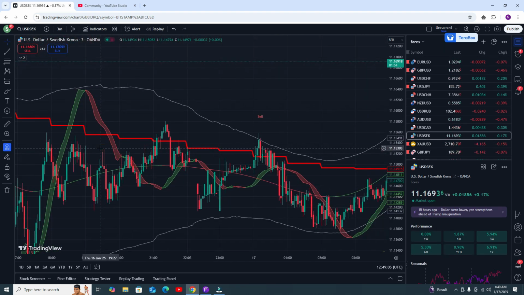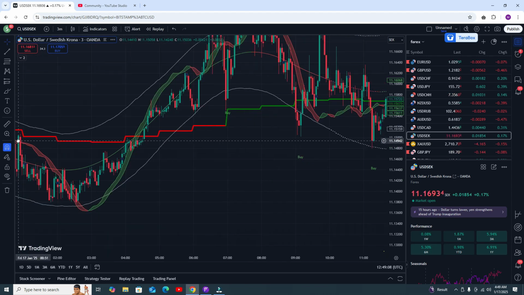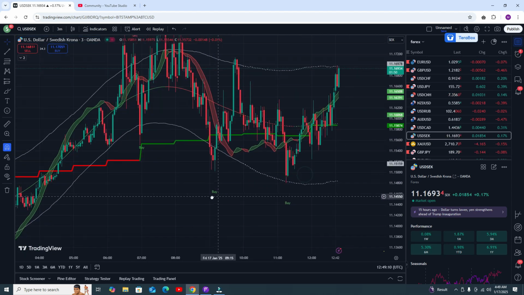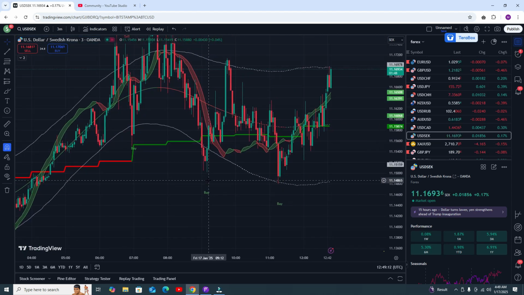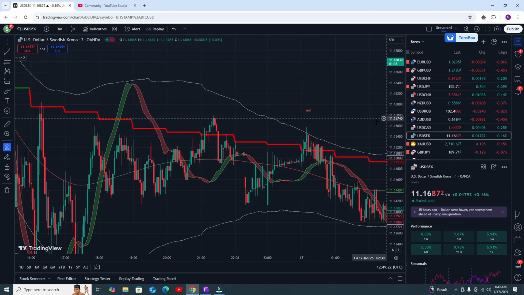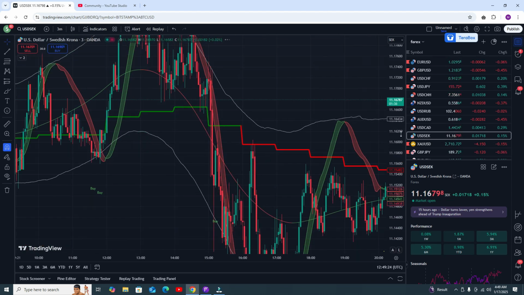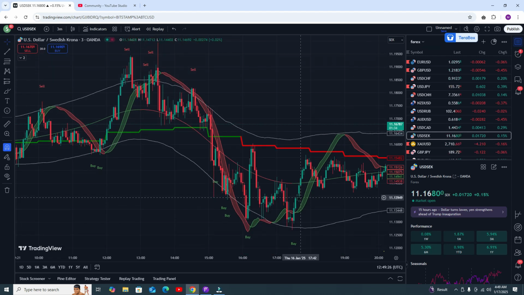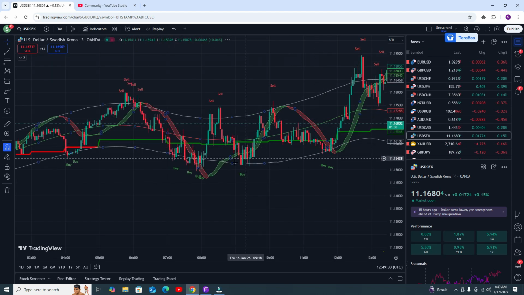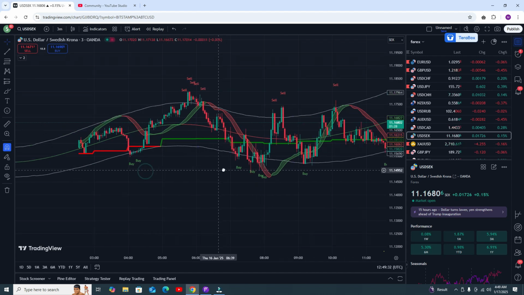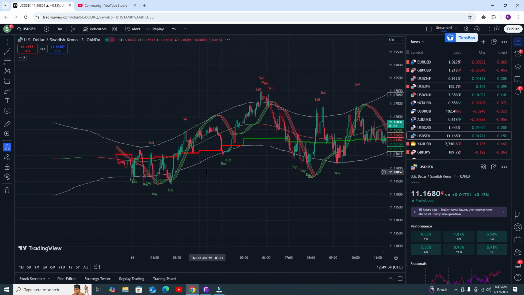Here you can see, watch out. Now this was our entry point and you can see your take profit is done here. If you watch the previous results, then you need to watch the confirmed signals, like this is our type of trade. This is our type of trade, and you can see you are getting some good profit.